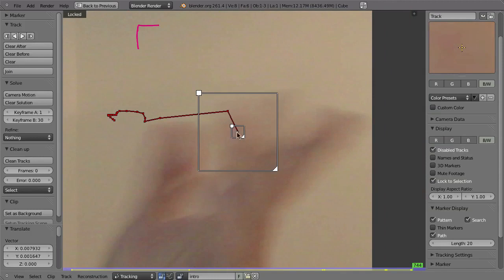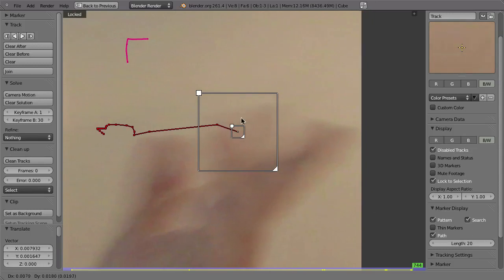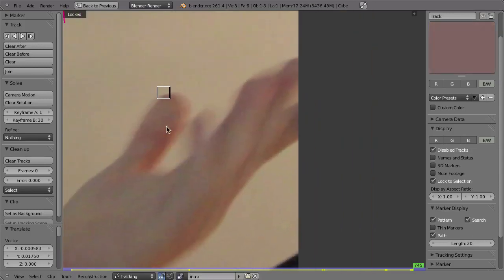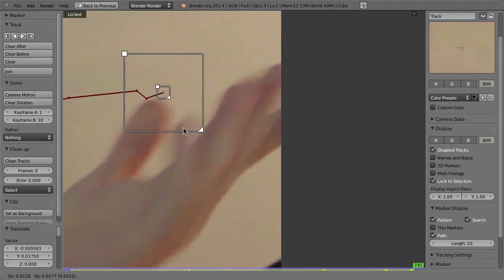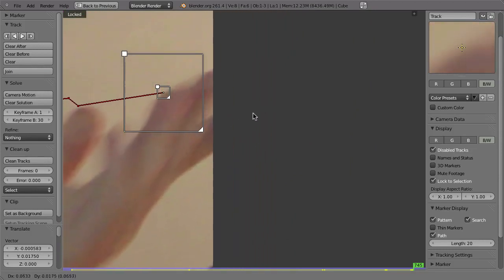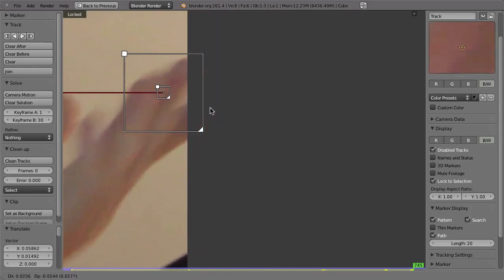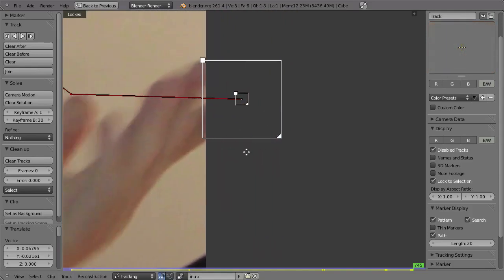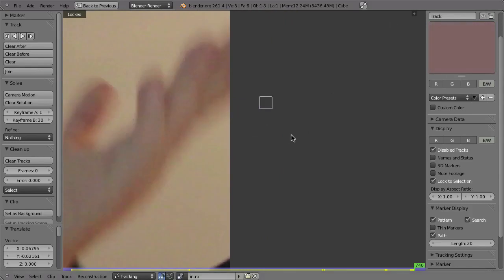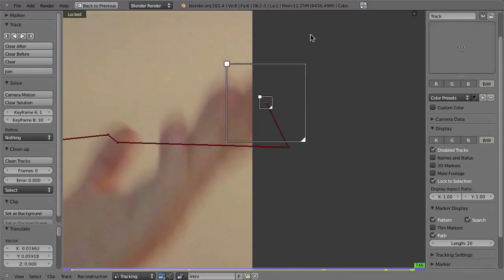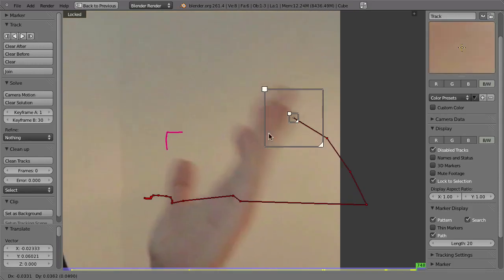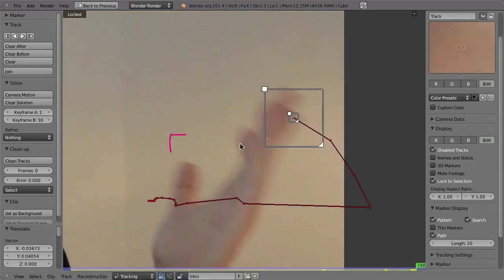This is just blur. So if you have blur like that, then you can always rely on manual tracking just by guessing where the feature point might have been. So when I look at my fingers, I guess this would be my index finger. So we can bring the feature outside of the frame actually, and then more over here. And thereby we can even track things that are not even in the frame.